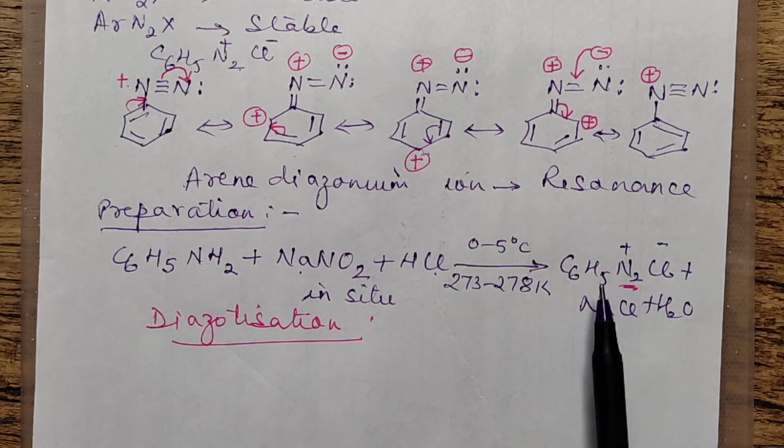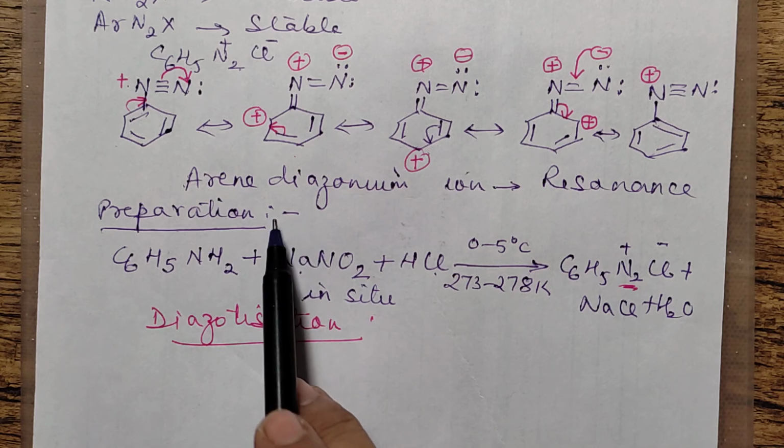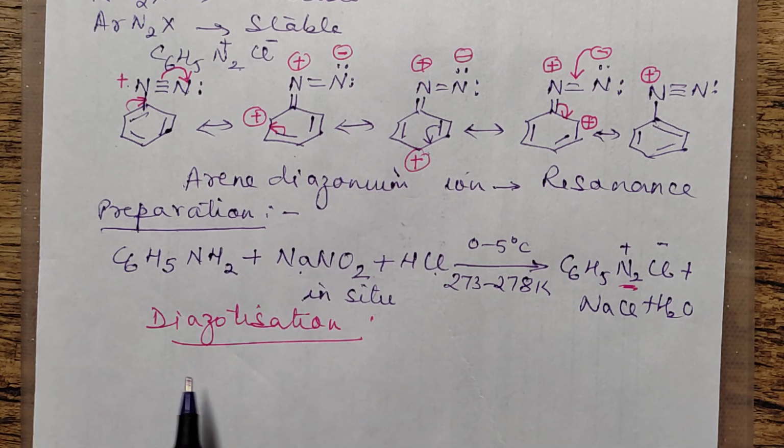Normally these diazonium salts have to be prepared there and then. Means you prepare it and they need to be used immediately after the preparation, because they're quite useful in the products and all, and they won't be stable otherwise. To store it, the aryl in comparison to alkyl, we said they are quite stable, but to store it they are not that stable, so they have to be prepared there and then to be used. Fine till here. So we have completed till now the preparation and the stability aspect of the diazonium.